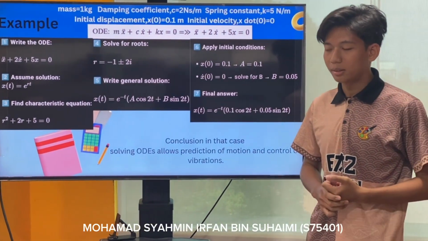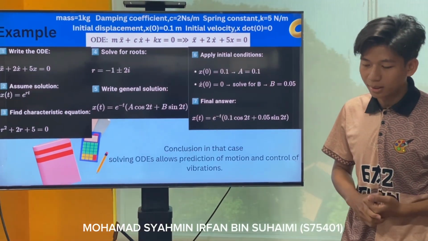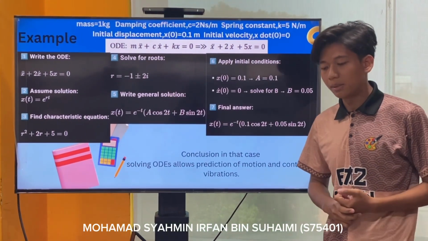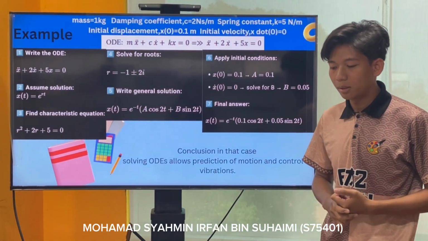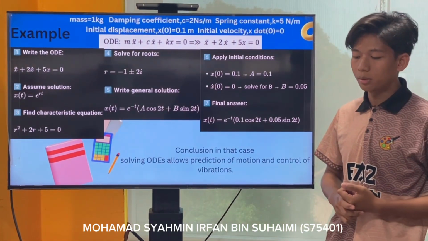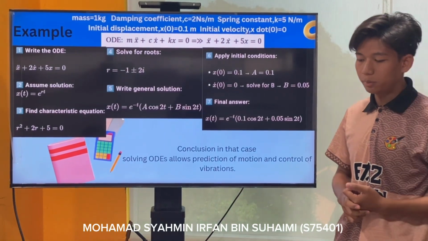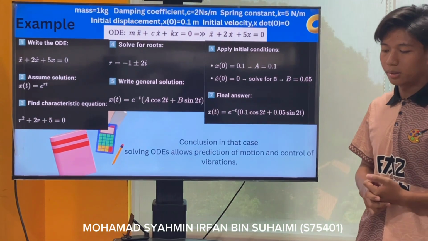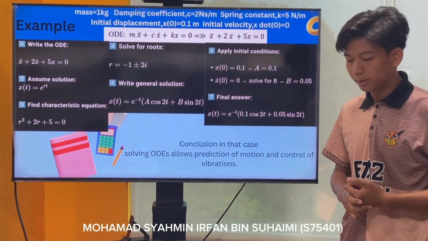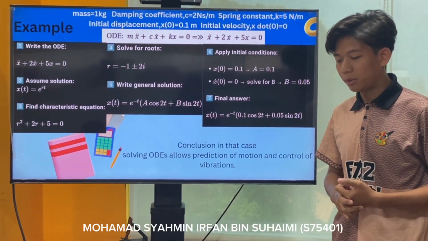First we write the ODE: x double dot plus 2 x dot plus 5x equals 0, and we assume the solution x(t) equals e^(rt), and next we find the